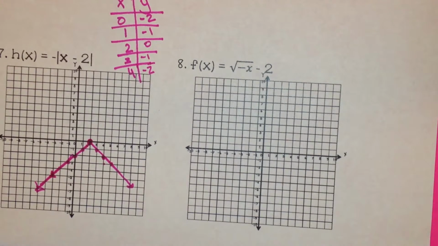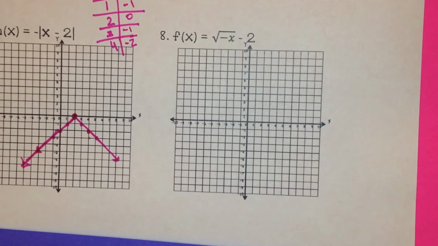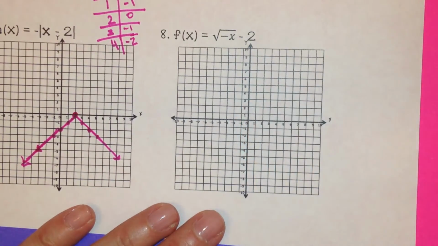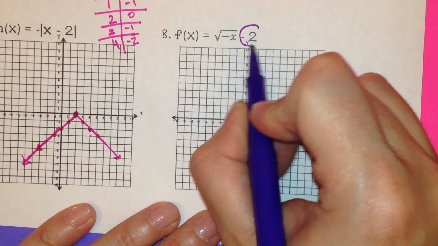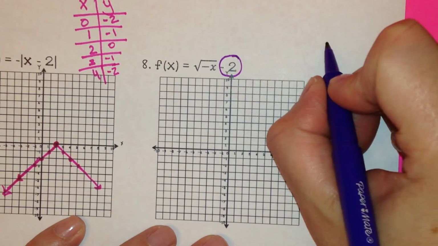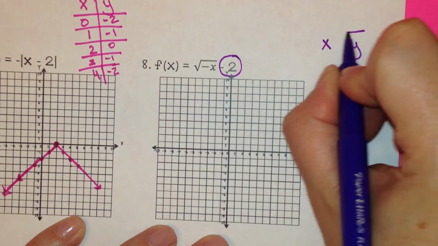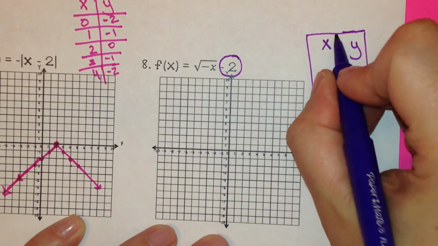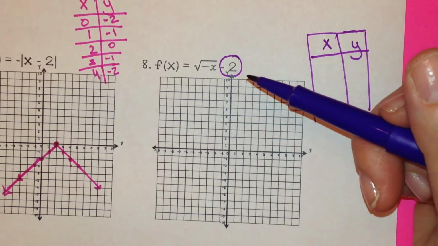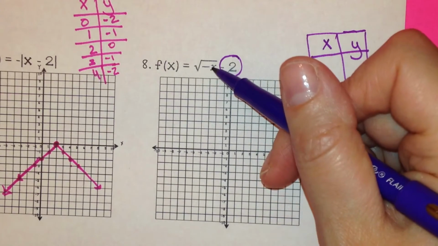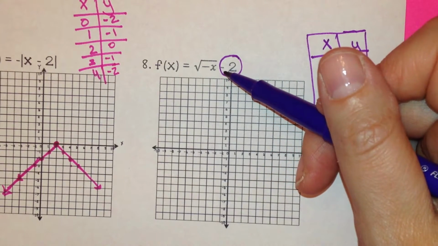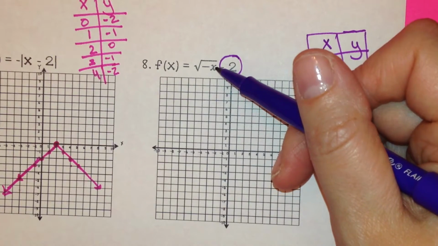All right, so we have a square root function. So it's going to be the little curve shape, negative on the inside. Okay, but it is moved 2 down. Okay, so again, I'm going to plug in my values of x and get out y. Okay, I'm doing square root, so I only want to plug in values that'll give me perfect squares, and since x is the only thing under there, and I can't have a negative under there, so the smallest value that I could plug in